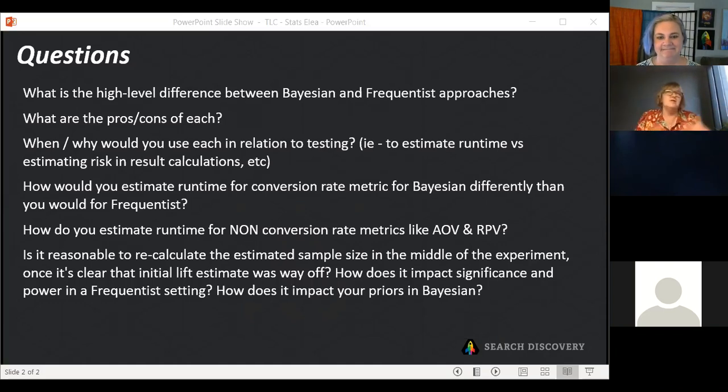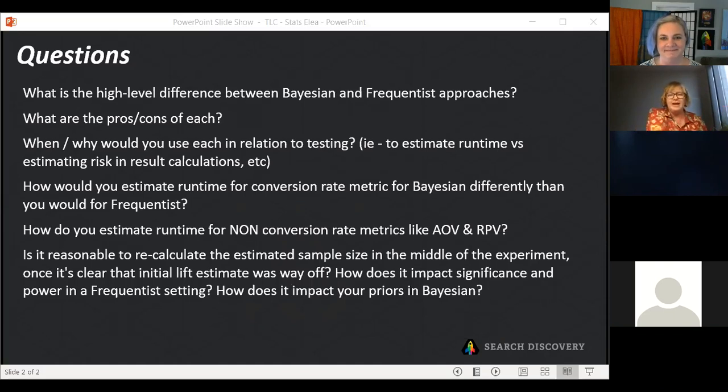So you can do this as long as you want, which is one of the reasons people have adopted Bayesian methods for bandits, because it makes a lot of sense in the bandit framework. Right. So yes, it does not impact your priors, because your posteriors become your priors. So you always start with the same prior.